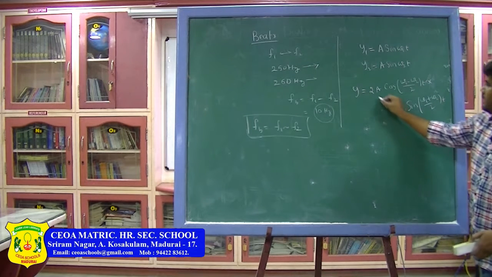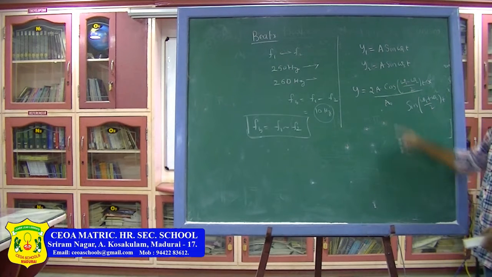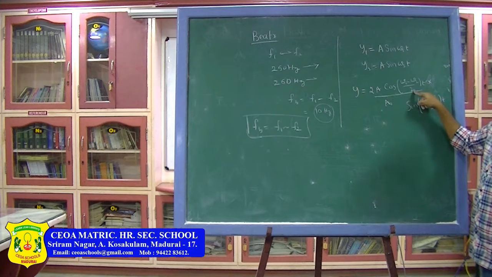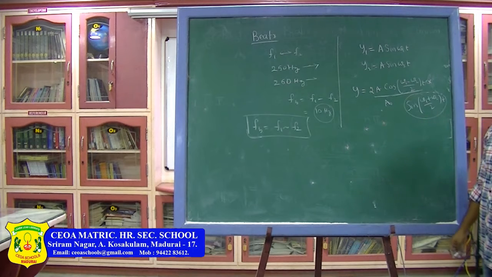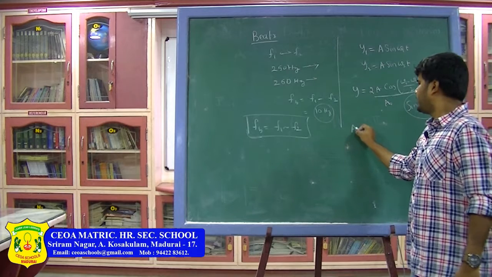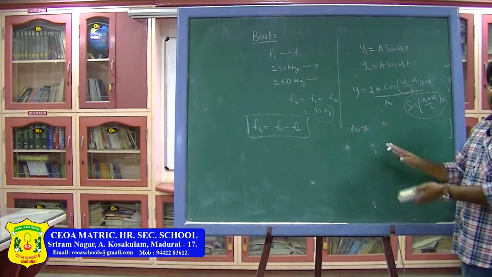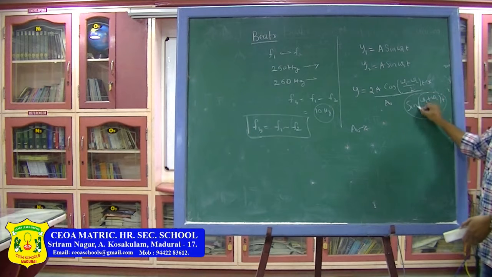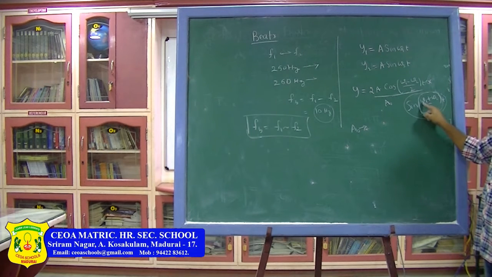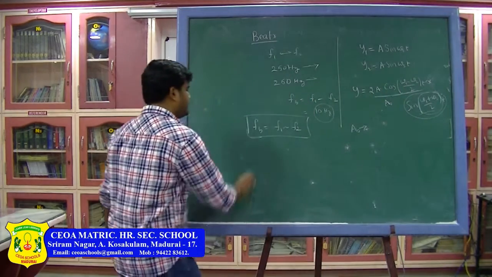If you observe clearly, this is the amplitude of the resultant wave: 2a cos of (omega 1 minus omega 2) by 2 into t, and this is the sin of (omega 1 plus omega 2) by 2 into t. So, here the amplitude is a function of time, so the intensity of the resultant wave is also a function of time. That means it will become maximum, minimum, and so on. And this is the frequency of the variations of the sound, that is omega 1 plus omega 2 by 2, the resultant wave frequency.